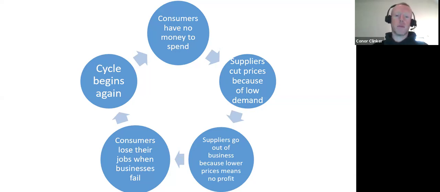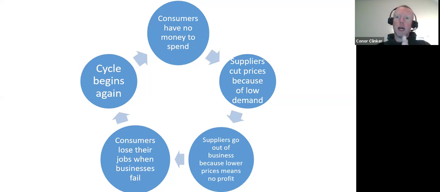And so here's the oversimplified way to picture this kind of spiral. Consumers have no money to spend. We have a consumer economy. Our economy depends in large part on people going out and spending money. Now, let's just think of a very basic, small level example here. There's 10 people who work at a factory and the factory goes out of business. Those 10 people are consumers. We're all consumers. We all spend money, right?